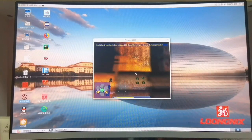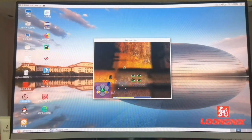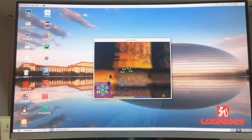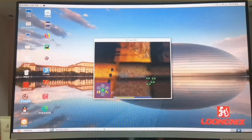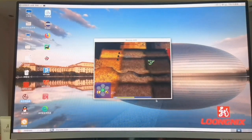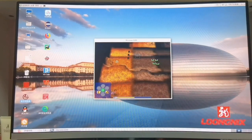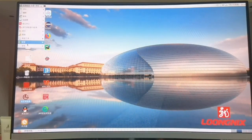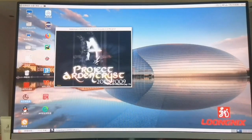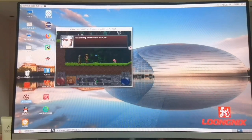It's a little bit lagging because of the driver and the software and those kinds of optimizations. That's why you cannot feel it more stable, fast and smooth. But it's okay, you can play, compared to the previous JM7201, which you could not play anything on. I have the previous videos that you can browse for your reference. So here, the JM9 series,